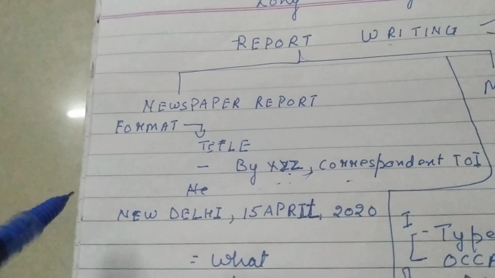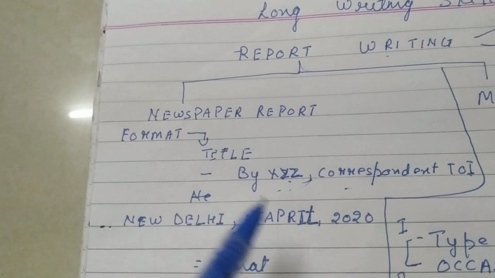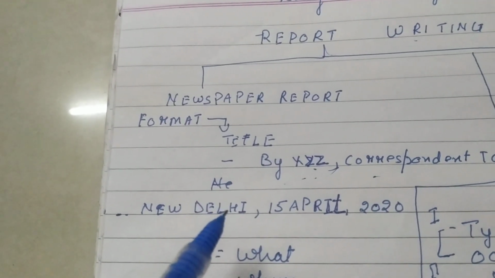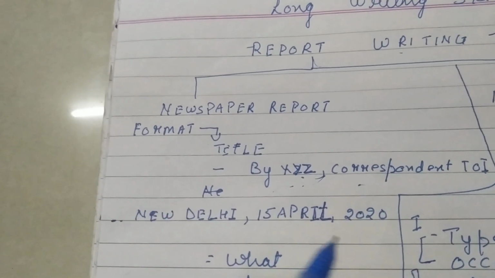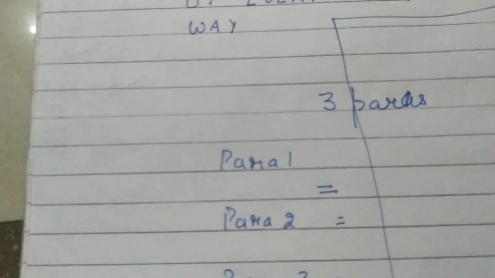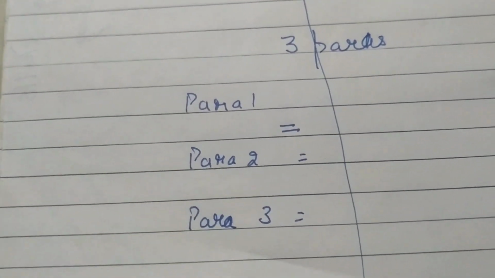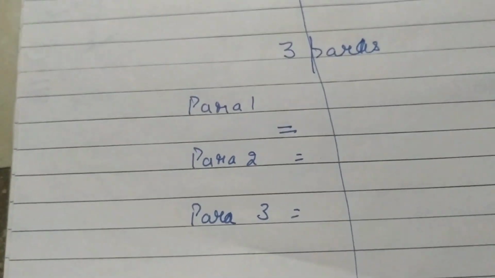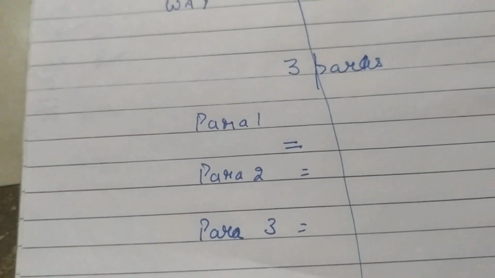Then, students, along with the margin line, it has to start exactly from the starting, not from inside. You have to give the name of the city where that accident or incident happened, and the date when it happened. Now students, it is further classified into 3 paragraphs. Be very particular about making paragraphs. It should not be one complete long paragraph, because that can confuse the checker.